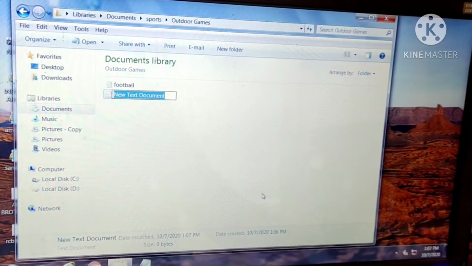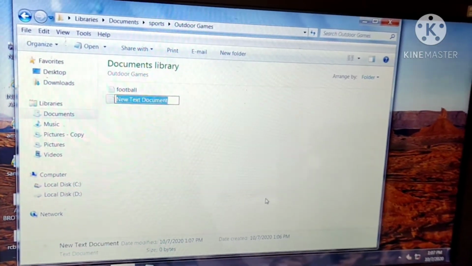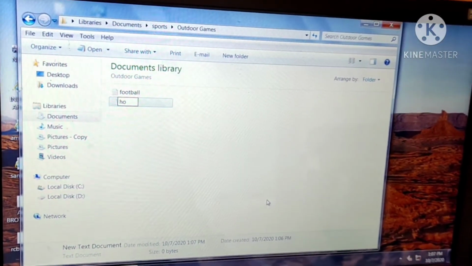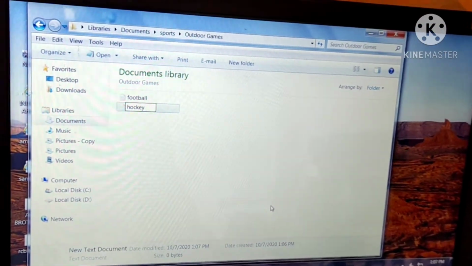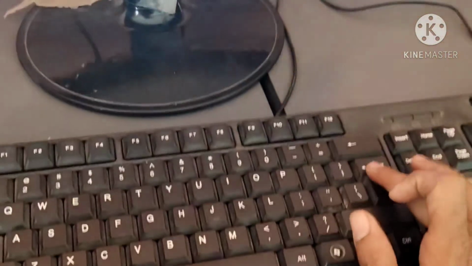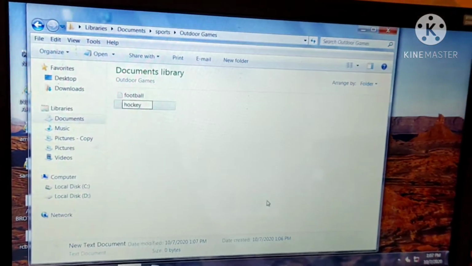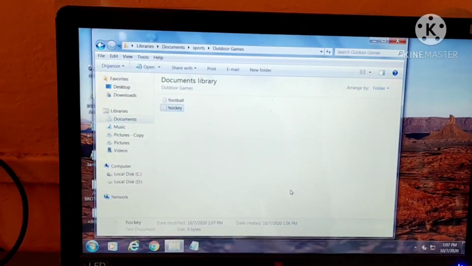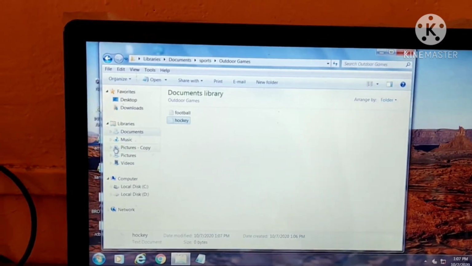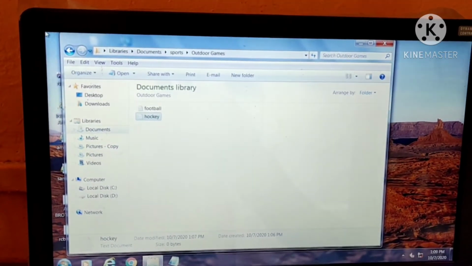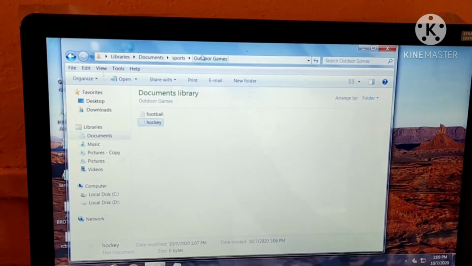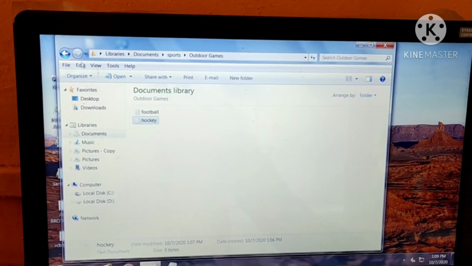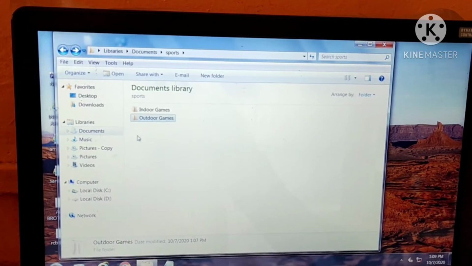New, text document, use the backspace key again and type the name hockey, and just press the enter key. Here your two files are ready in outdoor games. You can see the path: libraries, documents, sports, outdoor games. The two files, football and hockey.